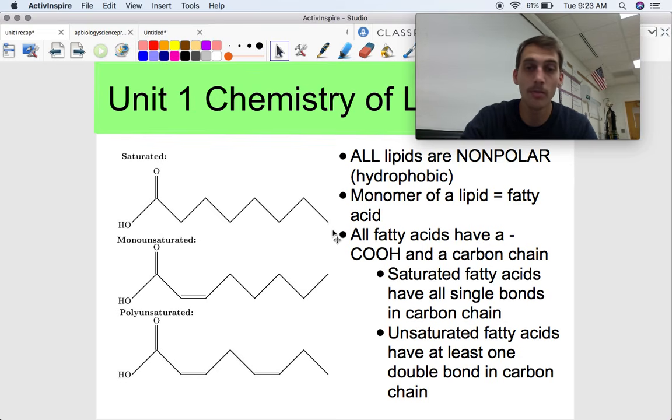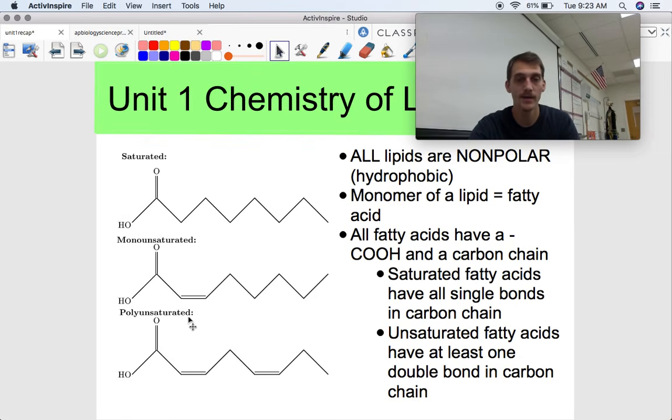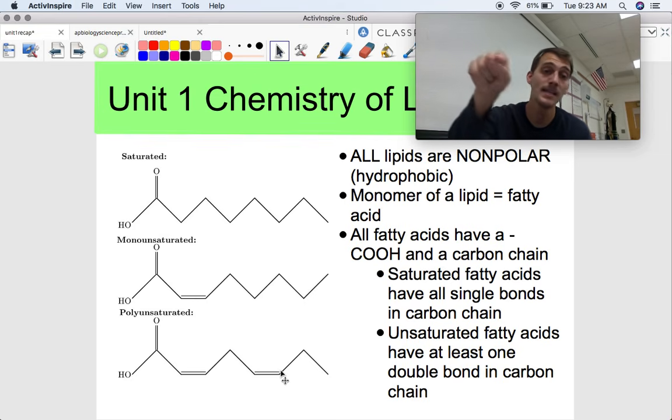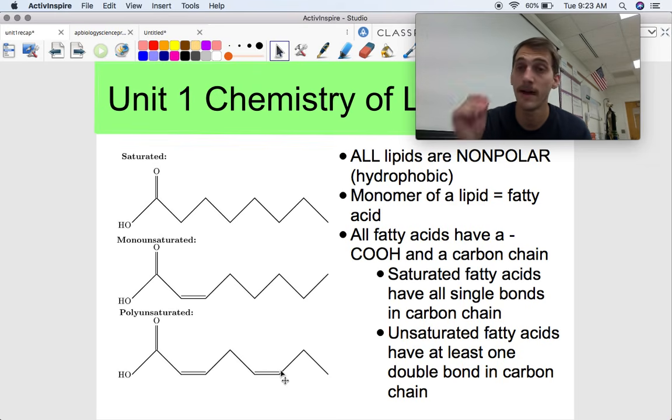Okay, those are all single bonds, but an unsaturated fat has at least one double bond. So here's what we call a monounsaturated because there's one double bond in that carbon chain, and here's a polyunsaturated fatty acid because there's multiple double bonds in that carbon chain. All right, and the fact that saturated ones do not have double bonds, unsaturated fats do have double bonds,